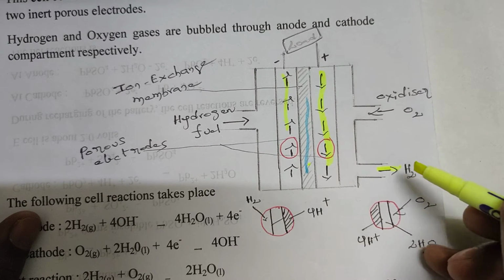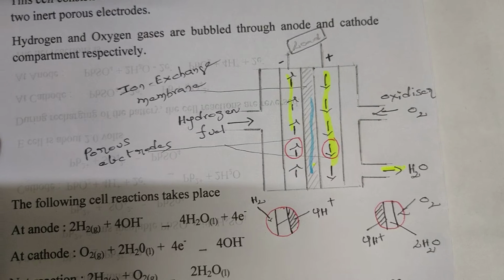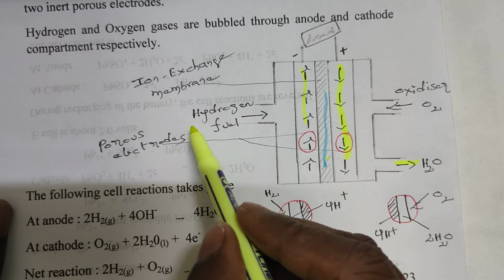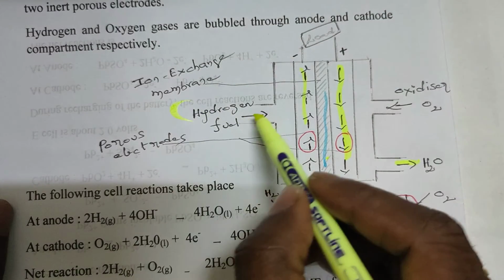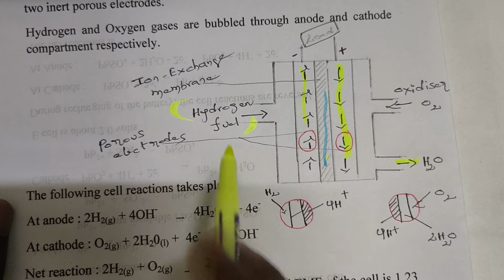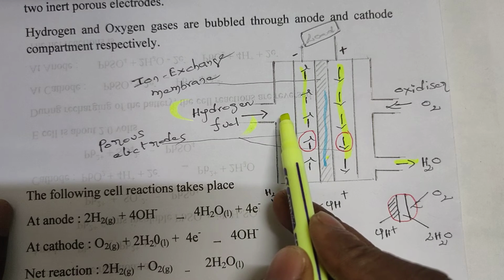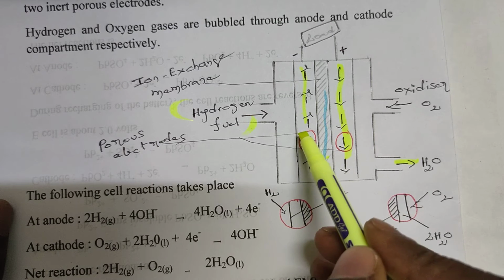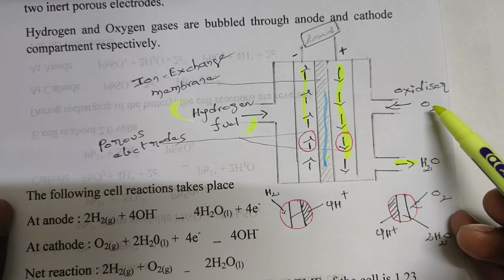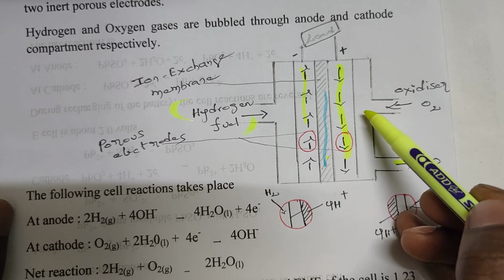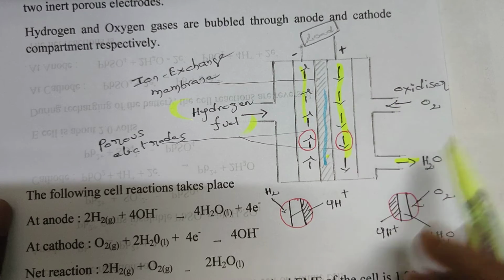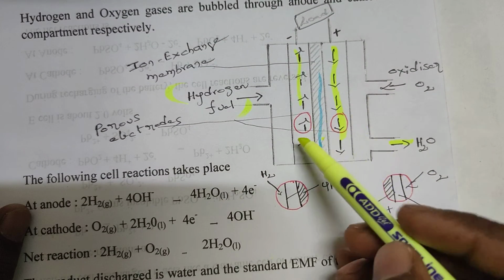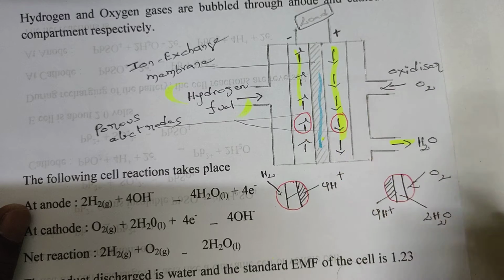If any discharge is there, that comes out from the outlet. For example, in a hydrogen oxygen fuel cell, hydrogen gas is the fuel, so that should be supplied from the left hand side and enters into the porous electrode. Similarly, oxygen is supplied from the right hand side through the porous electrode. Then ionization of gas takes place, the exchange of ions takes place and the chemical reaction occurs.